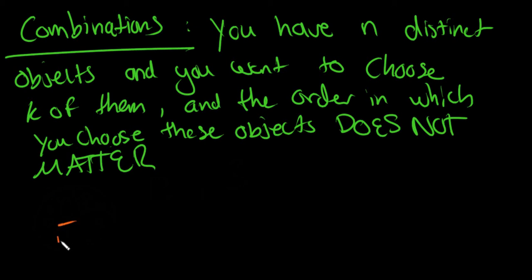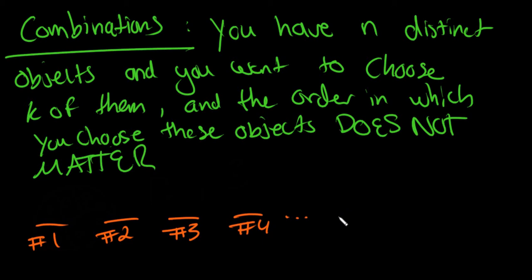You have spot number 1, spot number 2, spot number 3, spot number 4, spot number k. And let's say that you pick from this pool of n objects, and n of course is